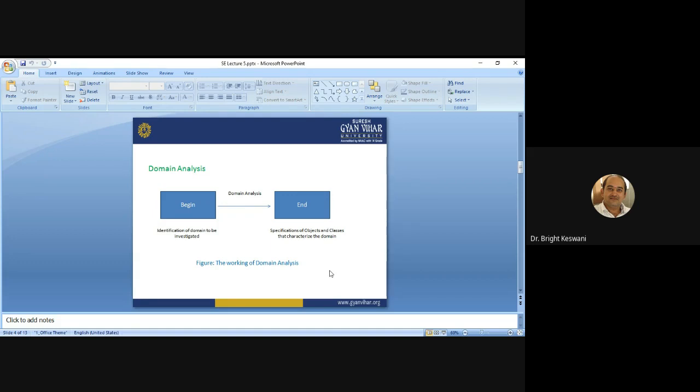This is done when the analyst wants to conduct analysis at the middle level of abstraction, and wants to create a library of reusable classes, which is the main aim of software engineering. As you know, reusability is the main aim of software engineering. So when the analyst wants to create a library of reusable classes that will be broadly applicable to the entire category of application, he can do the domain analysis.